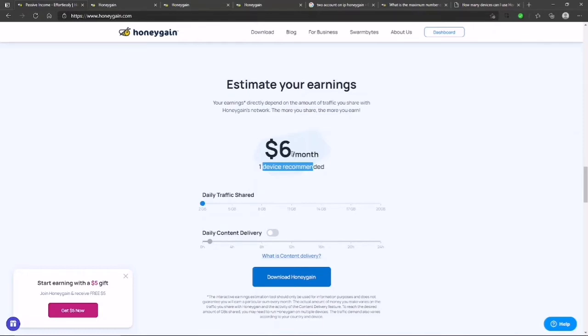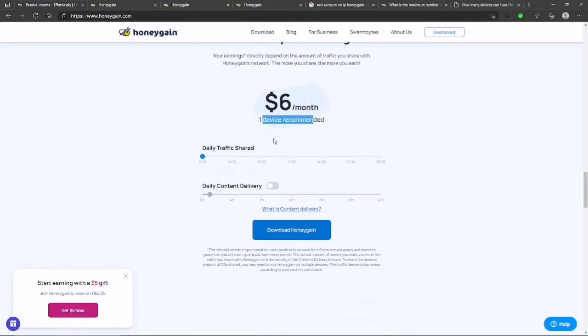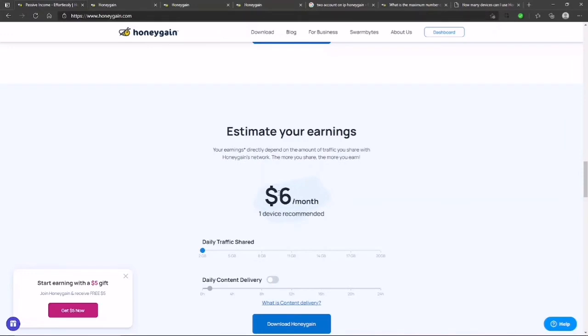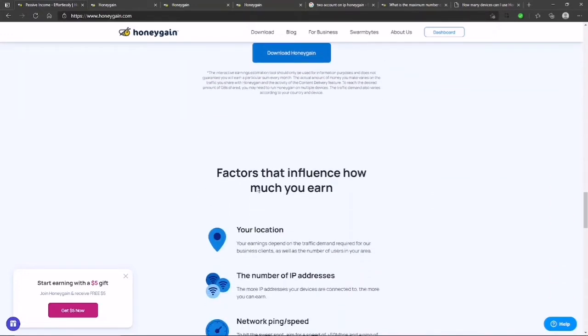Honestly, I think it's a little bit hard to gain $6 per month unless you keep this application working 24 hours per day. I think so. Maybe you can get this number. I'm not sure. Anyway,